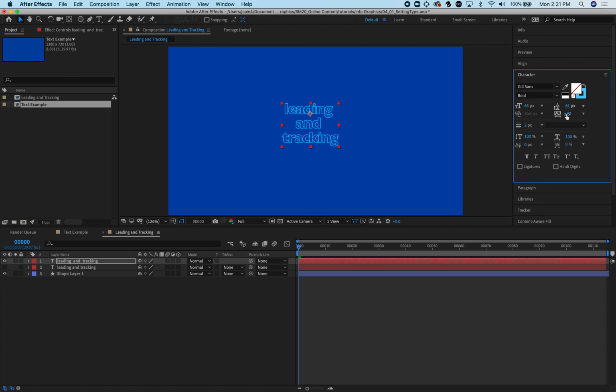And then tracking is the space between the letters. So it's the horizontal spacing between the letters. I think it actually seems a little narrow, so I'm going to move it like that. So these are two different functions that you can do to play with these, and we will animate these here